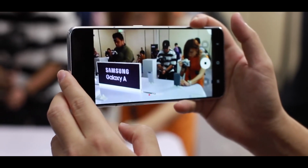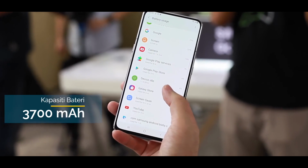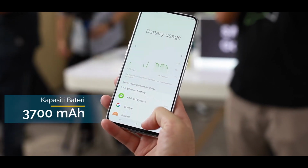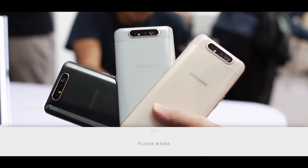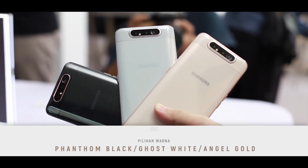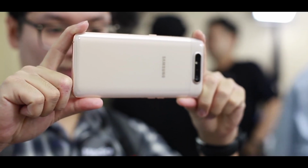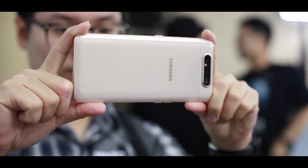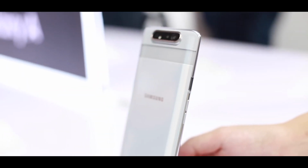Now there is another option, which is the in-display fingerprint sensor, and also there is a 3700 milliamp hour battery, which means this is going to last you a couple of days, if not only a single day. And I really don't like the colors. The colors are a little bit too dull for my taste, but otherwise the phone is really good. I hope that Samsung prices it at the $400 mark. This would be the best price for this